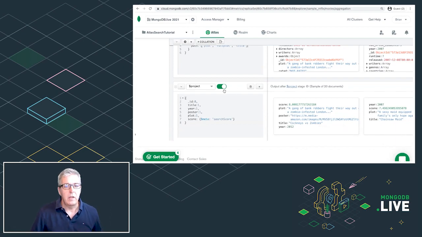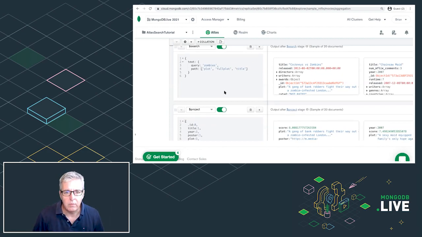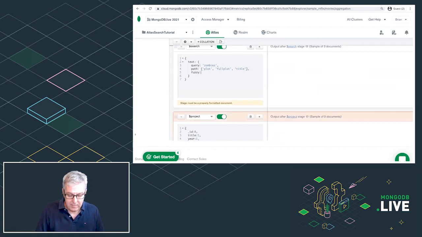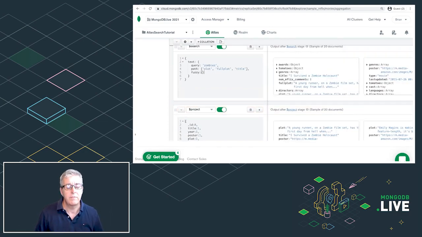All right, let me show you another really cool aspect. As we're doing our standard Google searches, it's very common to misspell something, and we love the fact that it kind of knows what we're thinking and gives us what we want anyhow. Well, Atlas Search has the same exact capability, through a feature called fuzzy. I'm going to just type it in because it's pretty straightforward. I'm going to put a comma and type fuzzy. There are additional tunables you can provide to this, but we'll just go with the defaults for now.